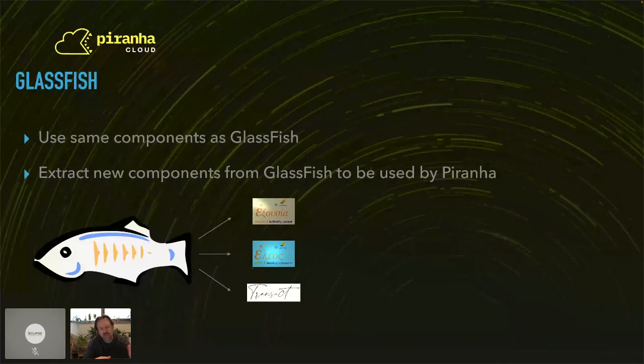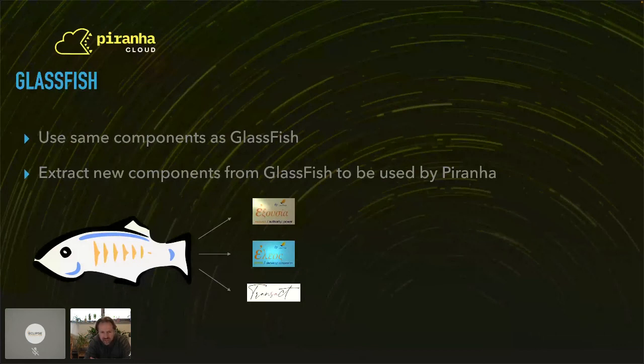They don't share that. So they only share the components, which are things like Mojarra, Jersey, Soteria, stuff like that. So not all the things that GlassFish has as code was available as separate reusable components. So things like the authorization code, the authentication code, the transaction manager, they were internal to GlassFish. Other things like JSF phases were used as separate projects and components. So one of the things we've been working on is to extract these components from GlassFish.